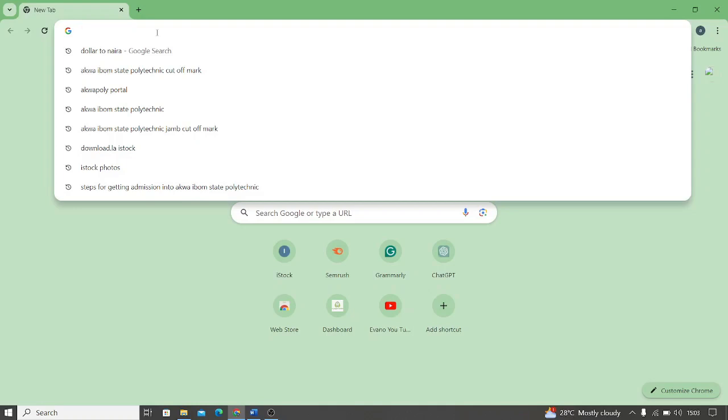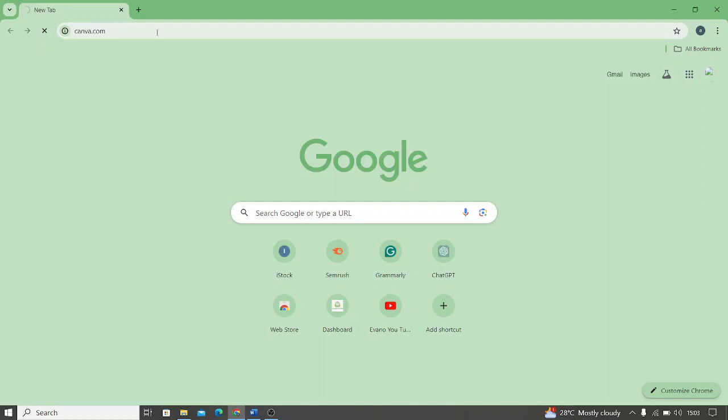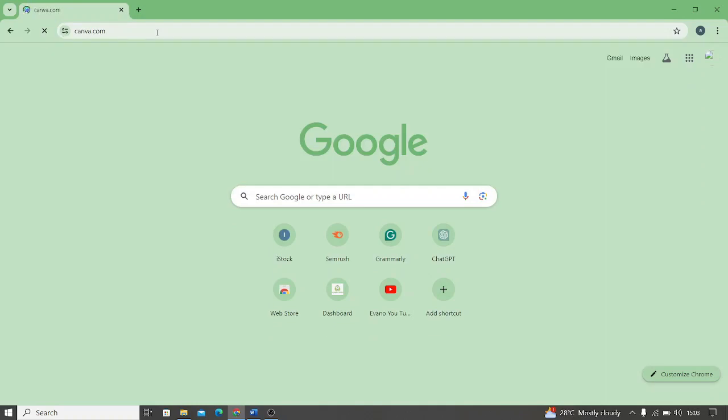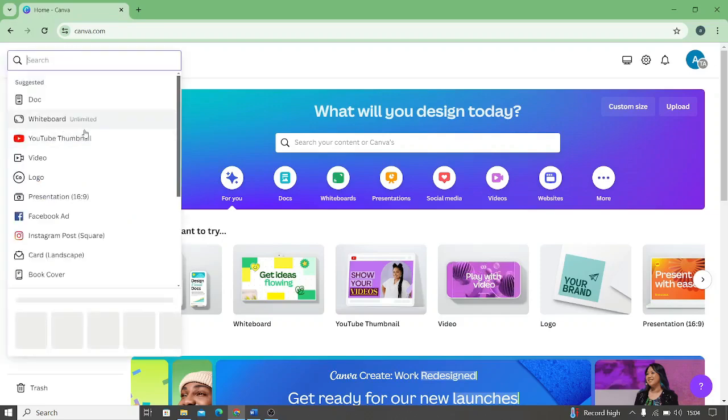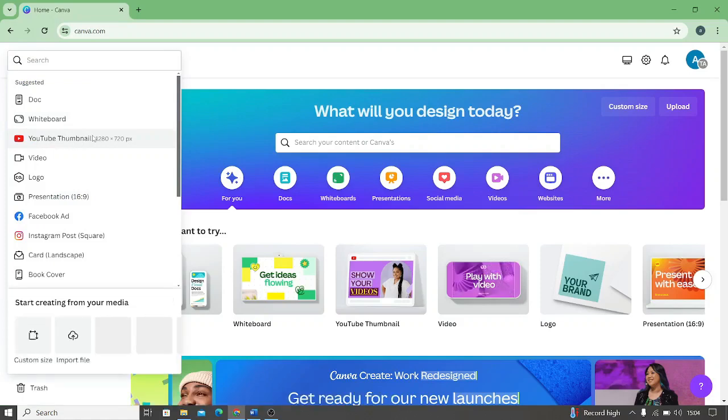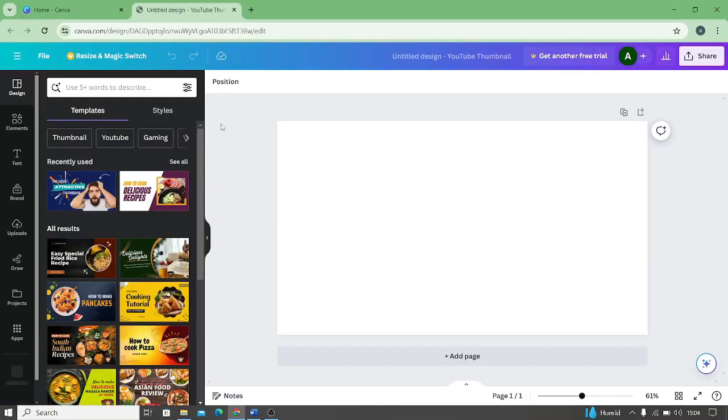So you head up to Canva, just type in your browser canva.com, and then here I am in my Canva. You click on create a design, and the next thing is you click on YouTube thumbnail, then head up to elements, click on elements,